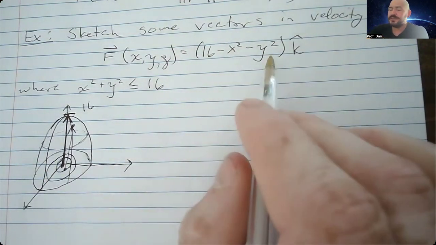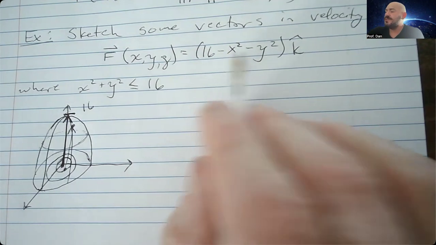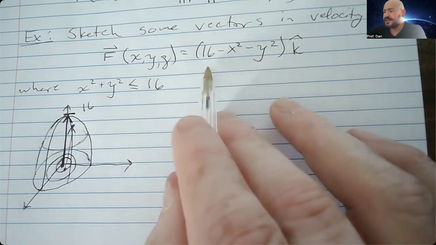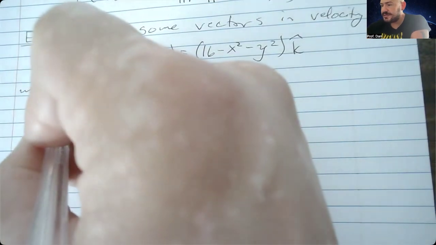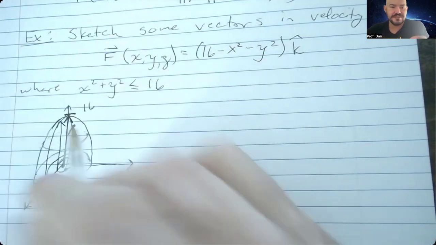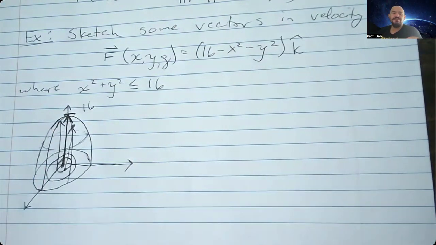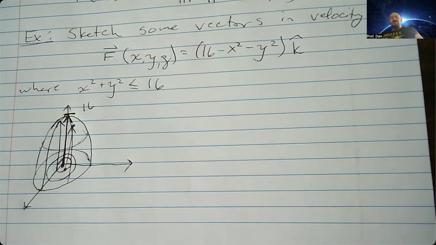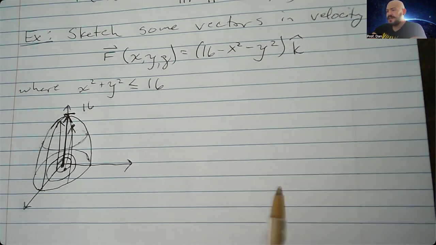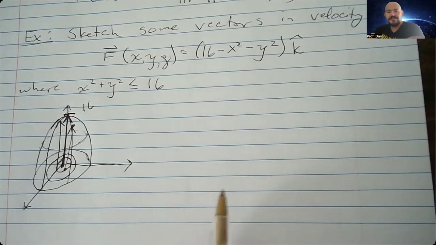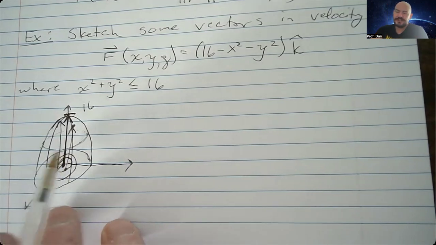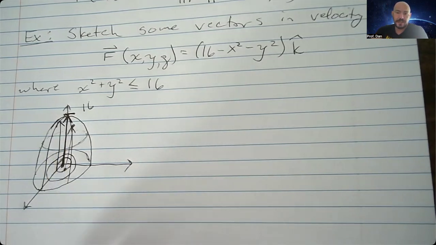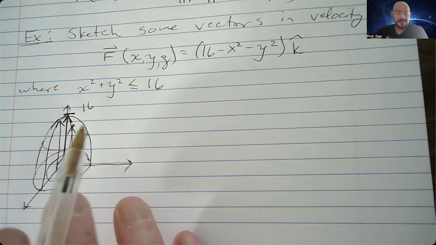Like if I plug in 1, 0, right, 1 for the x, 0 for the y, I end up getting 15. So it would go slightly higher than this guy, but not quite as high as the one we drew at the origin. Right, so when we draw all of these vectors, they end up terminating on a point that's on that surface. And one interesting thing about this vector field in particular is that all of the vectors that we drew, and really all the vectors that are in this vector field at all,